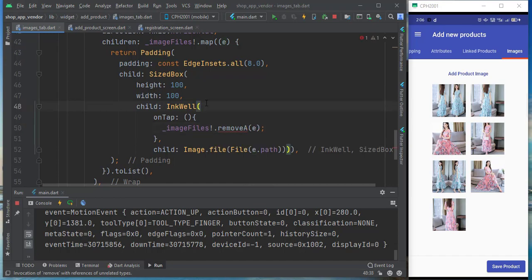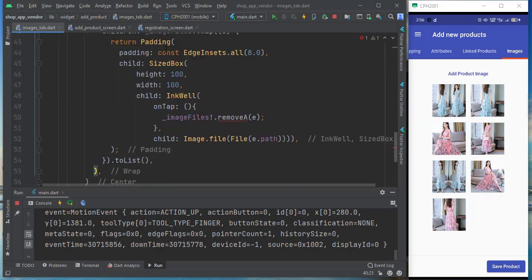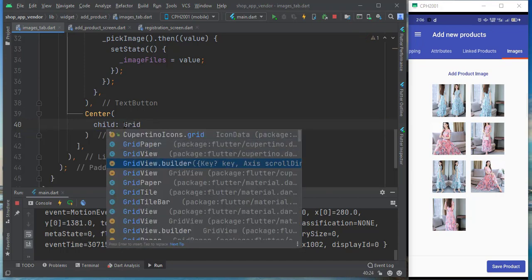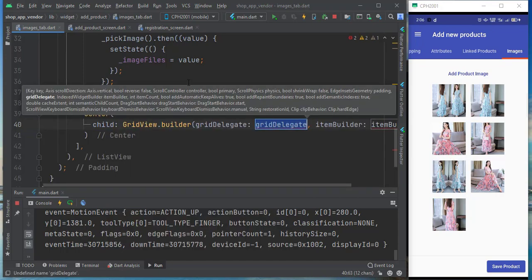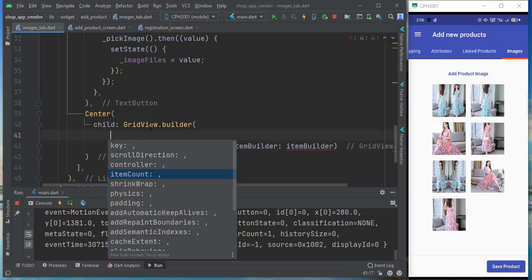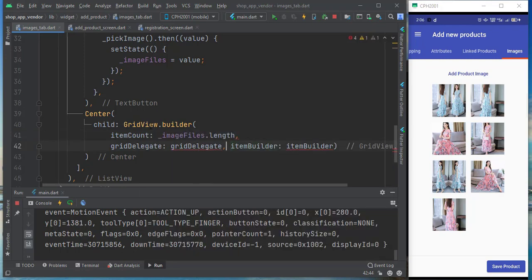So what we can do, we can change this. I will delete all this wrap and I will use grid view builder. For grid view builder, you need an item count, that is image files dot length, and the grid delegate will be,